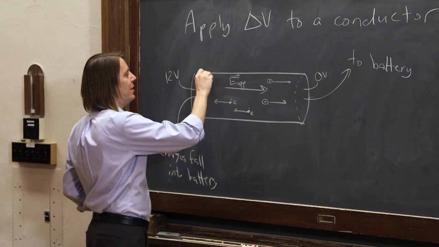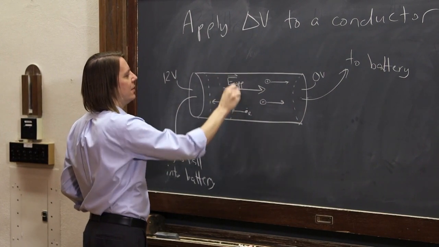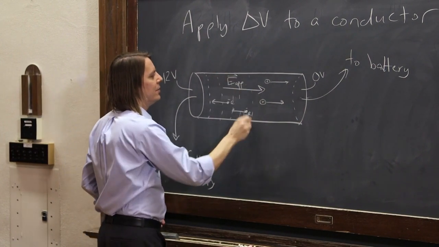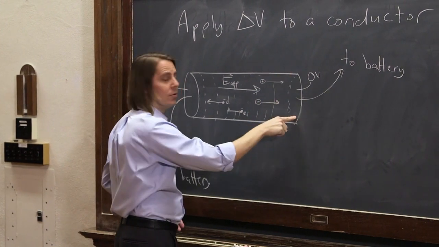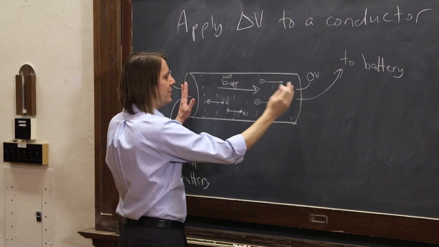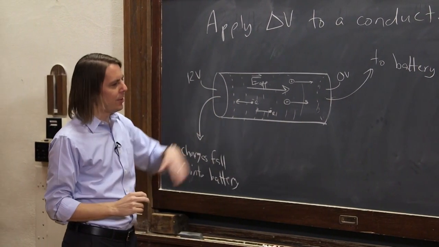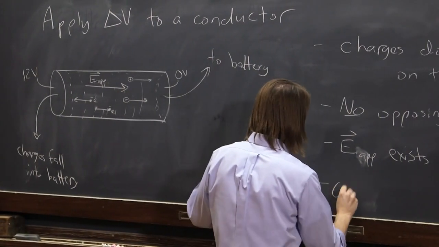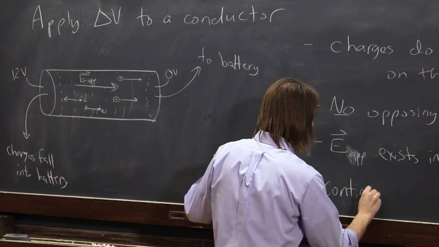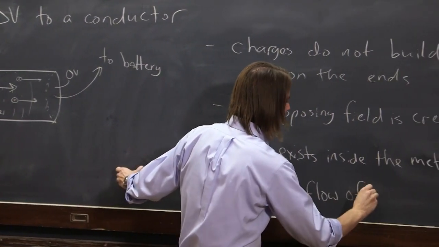Since we have an E applied, there's the 11 volt line, and the 10, and the 9, and the 8, 7, 6, 5, you get the idea, 4, 3, 2, 1, down to 0. So this face is at 12, this is at 0, and the potential drops throughout the metal. And then finally, what you end up with is a continuous flow of charge,